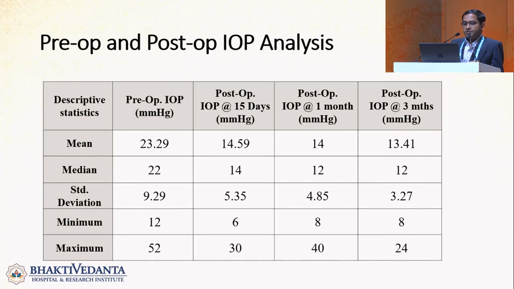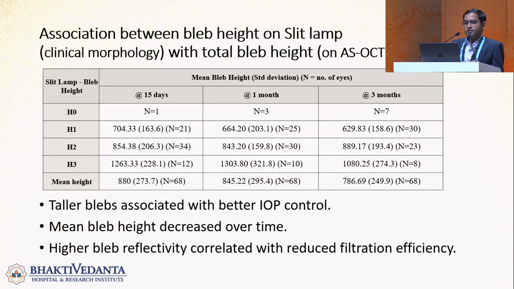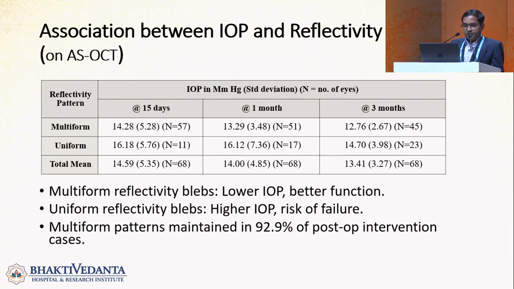The preoperative mean IOP was 23.29, while postoperatively the mean IOP at 15 days was 14.59, at 1 month 14, and at 3 months 13.41 millimeters of mercury. On clinical and AIOS2025 analysis, we observed that taller blebs were associated with better IOP control. Over time, bleb height decreased and wall thickness increased, which indicated maturation of the bleb. For reflectivity patterns,